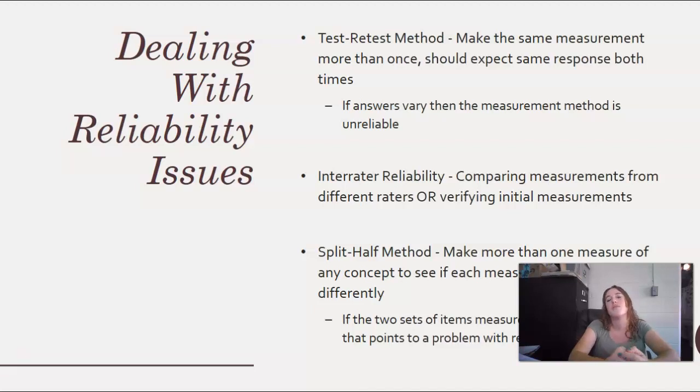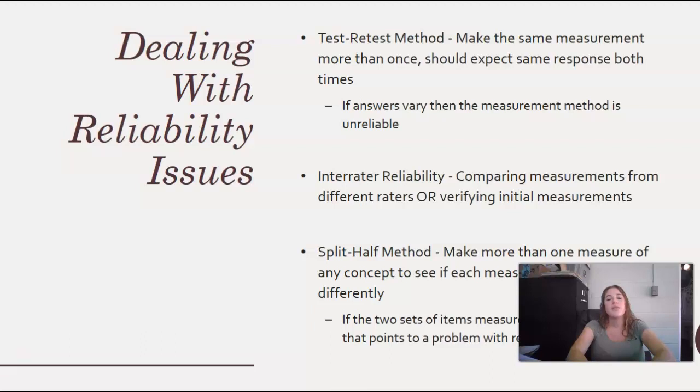Another way to do it would be to verify initial measurements. Your book talks about how in one study they had different researchers going out and asking questions, and then once they had all the data together, they took a subsample of that larger sample and called them and asked them a couple of the questions from the survey, just to verify their answers. That would be another way to do it. And obviously you want them to have the same answers.